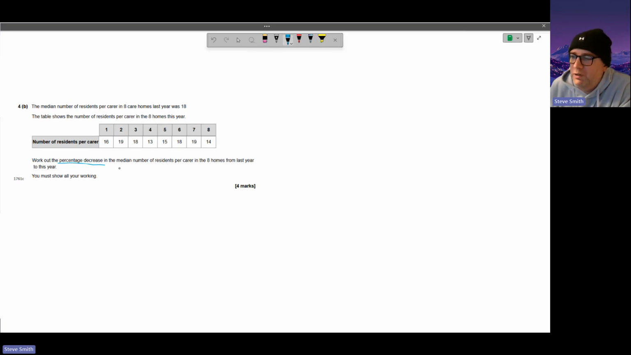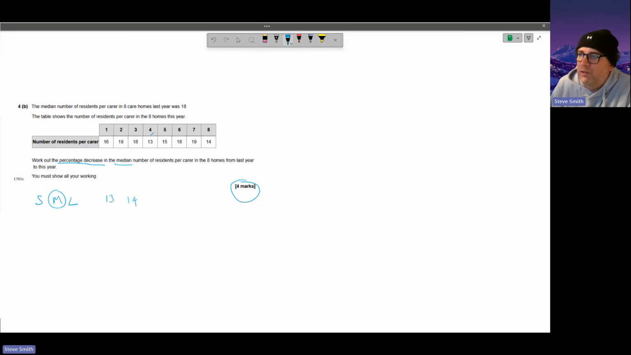Okay, work out the percentage decrease in the median number of residents per carer in the 8 care homes last year. You must show your working for 4 marks. Okay, median, small, medium, and large. Median is the middle when in order. So think about these numbers. We need to go from small to large. So we're going to go 13,